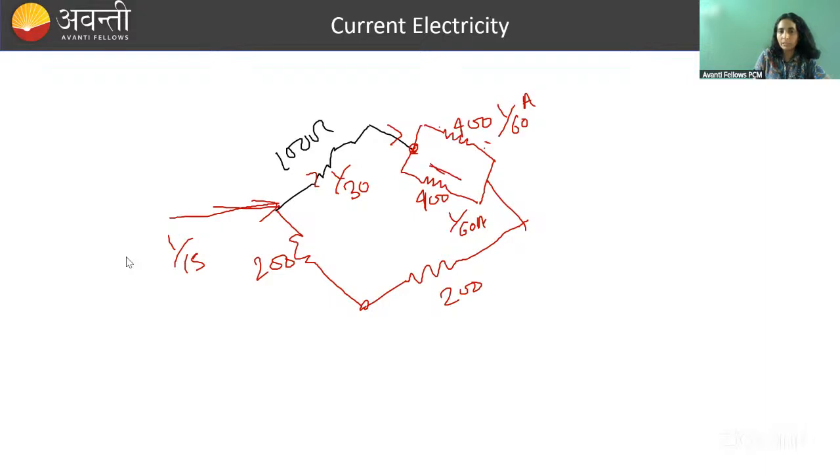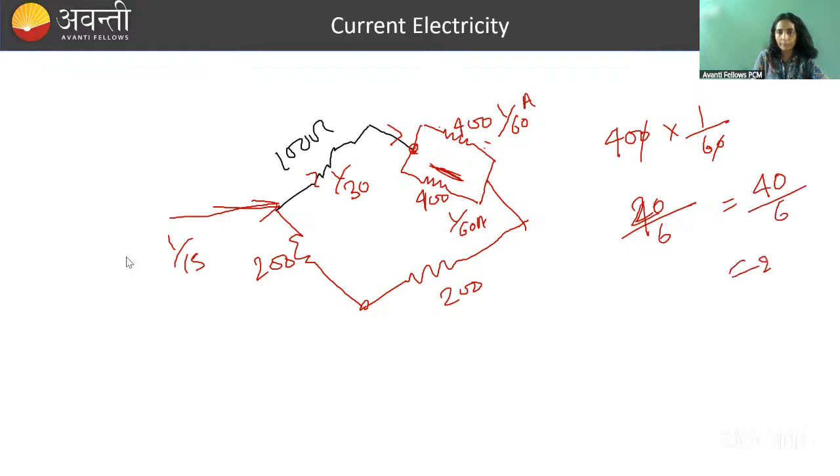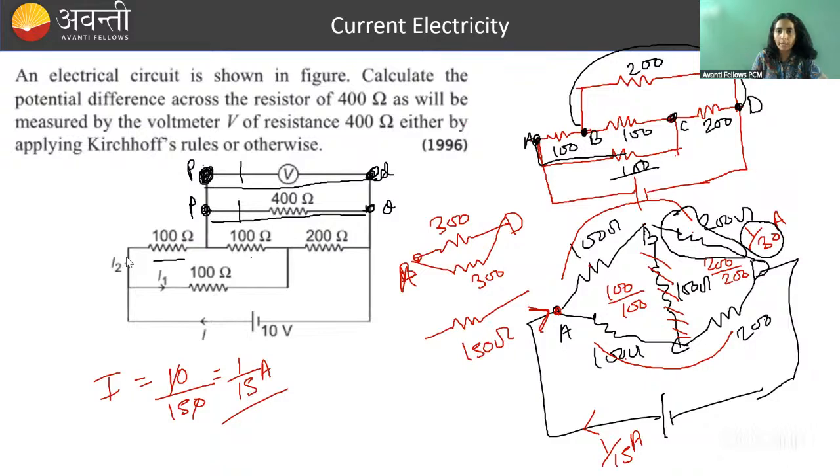So what is the potential difference across this, it will be same across both, so 400 into 1/60, so if you calculate 20/6, that is your 10 by uh, sorry 40/6,